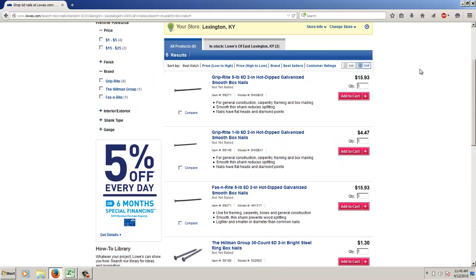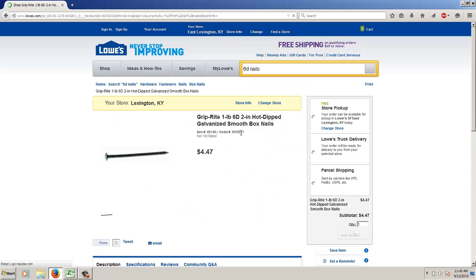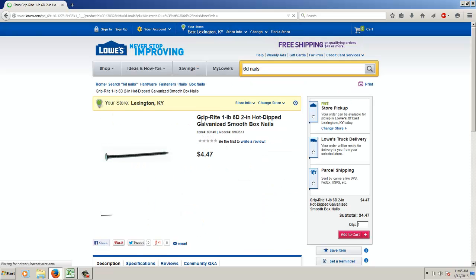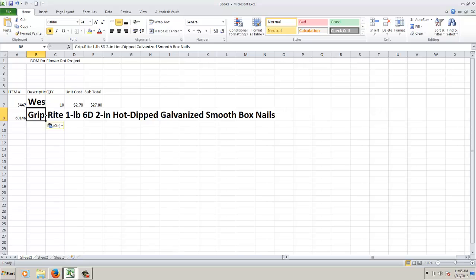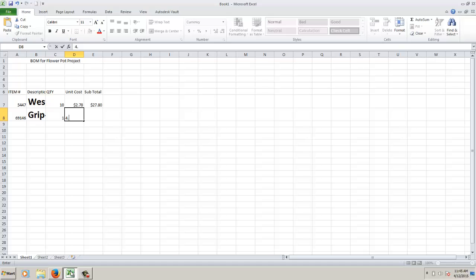Just for general purpose, and I would probably go through and find some ring shank or something else of that nature. But just to keep this moving, I know I don't need over a pound, so I'm going to go ahead and grab this galvanized one here, and I'm going to copy this, and I'm going to remember the number, 447 and 69146. So 69146, and I'm going to put that in there, and I only need one box,